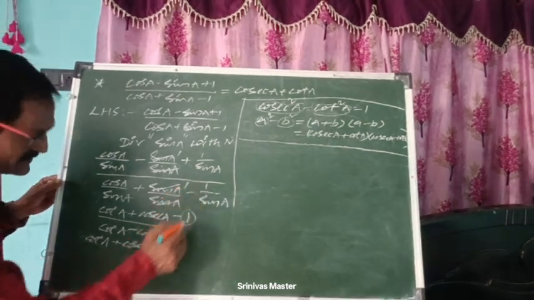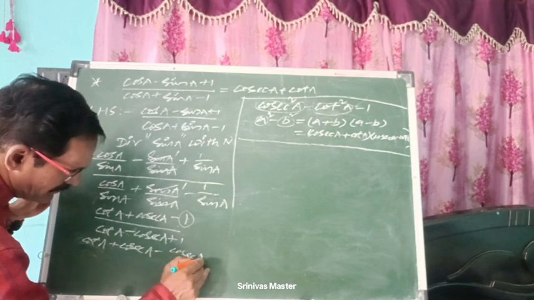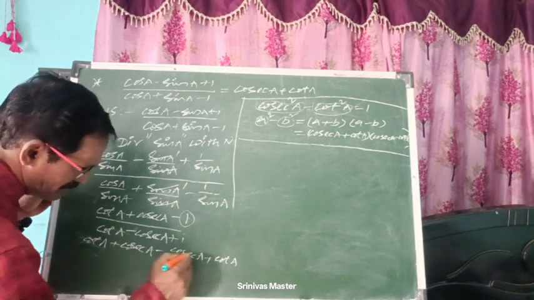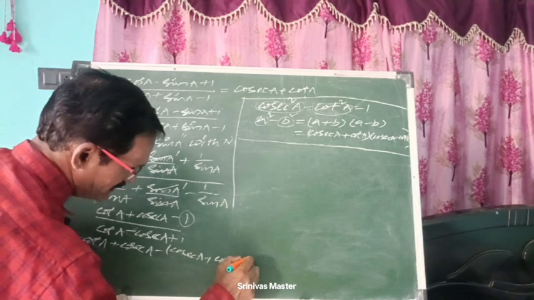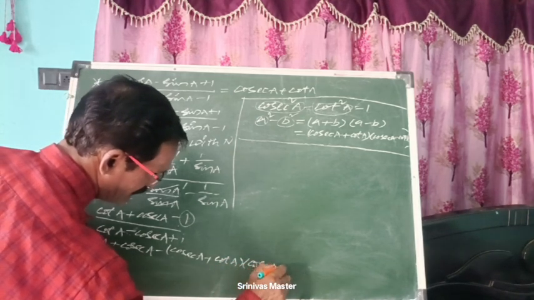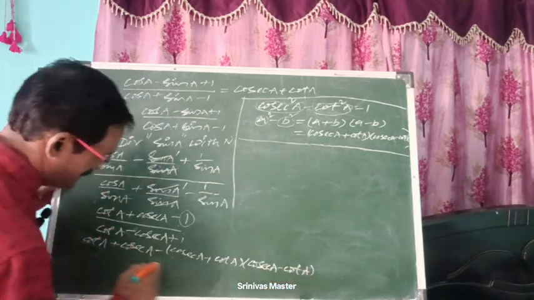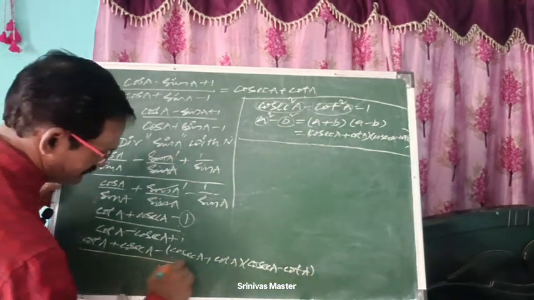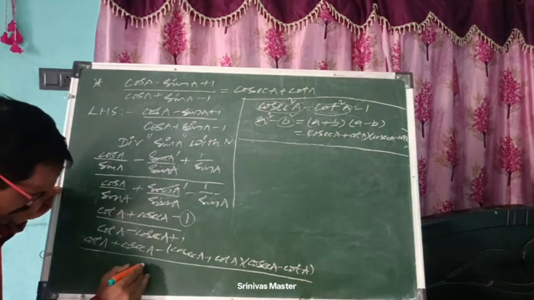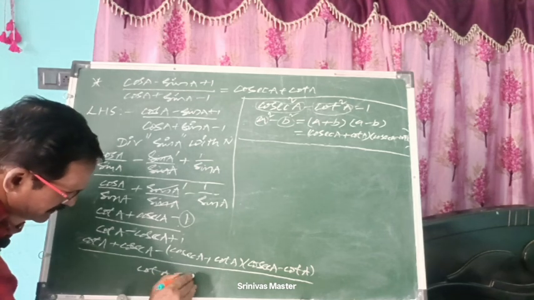That means in the 1 place you can write cosec A plus cot A into cosec A minus cot A, by, what is the denominator, children? What is the denominator given? Cot A minus cosec A